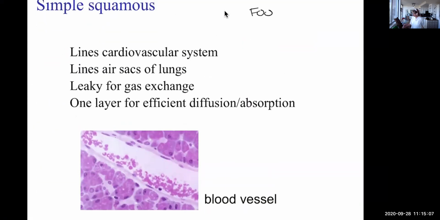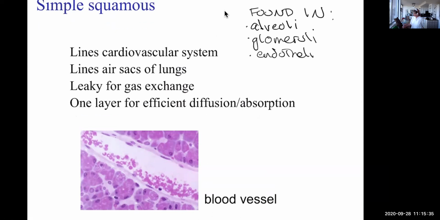Found in the alveoli, those are the air sacs of the lungs, the glomeruli in the kidneys, endothelium around blood vessels,